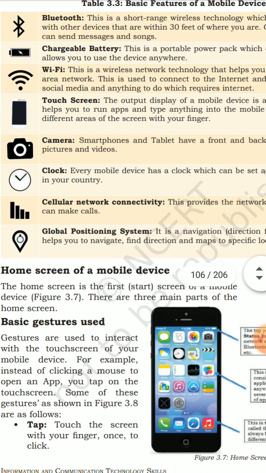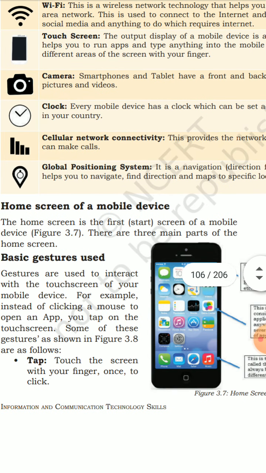Now we are talking about the clock. The clock is actually the most important feature of the mobile phone. With the help of the clock, we can trace what time a call has come, or what the day and time are. So we can manage time, set ringtones, alarms, and reminders also. And nowadays other applications like Google Calendar have been introduced in the Play Store that help you coordinate with the clock also.